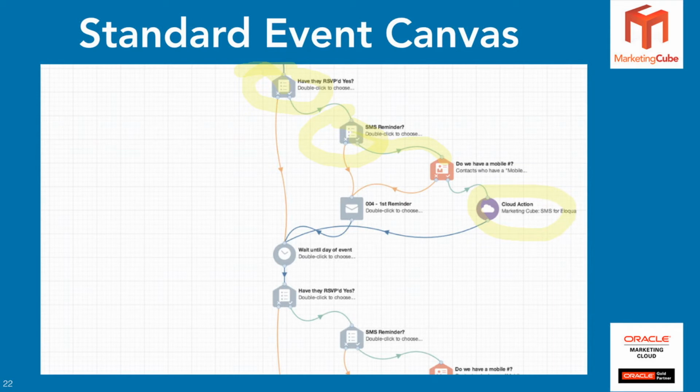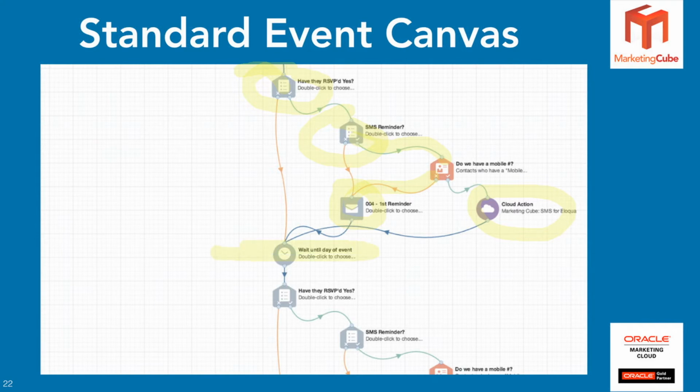If we don't have a mobile number, in this case, we'll send you down to email number 4, and you'll receive an email reminder. Appreciate that you asked for an SMS, but if there's no mobile phone number, we can't do that, so hence you'll receive the first reminder by email. And so then we wait